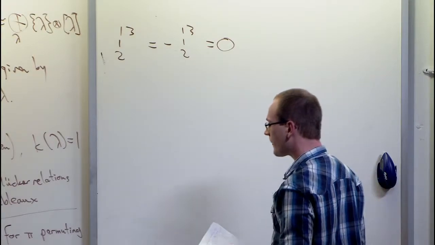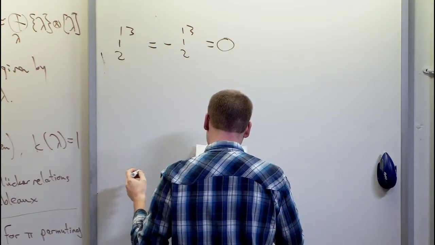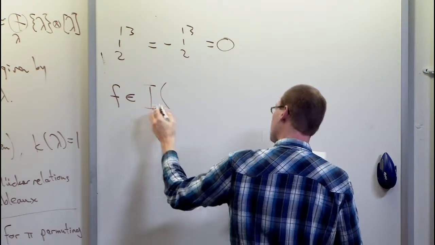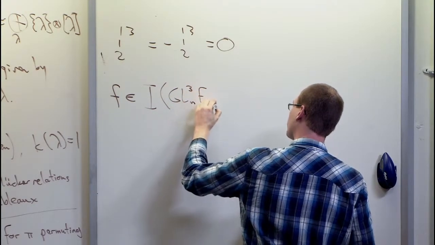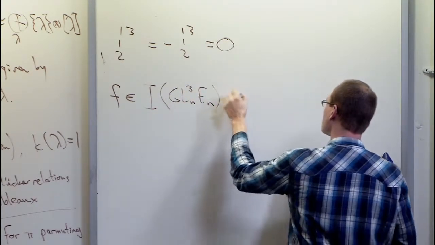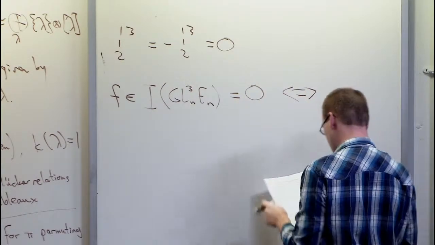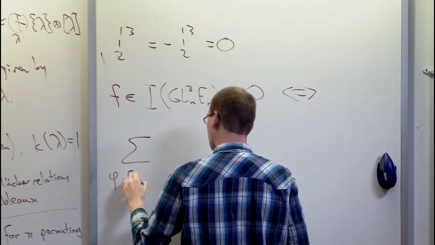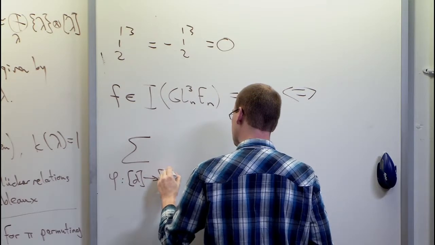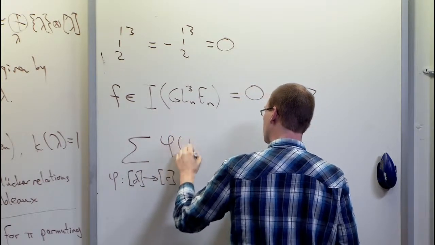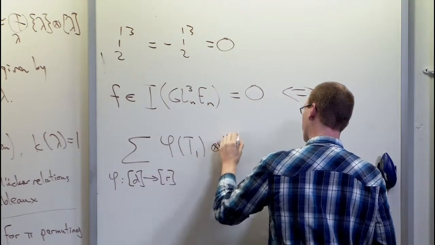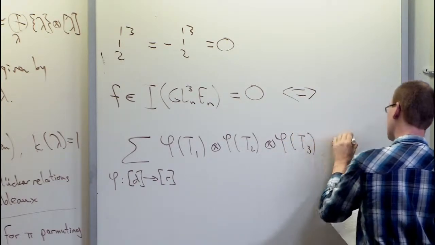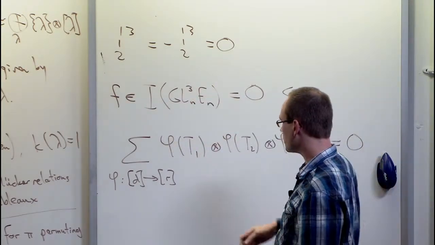So it's 0. And now, the magic is that you can actually evaluate it. So there's a property for when something like this is in the vanishing ideal of the unit tensor. This vanishes if and only if the following vanishes. You take the sum of all phi, those are mappings from the set with D elements to the set with R elements, and you just apply phi to the tableaus. And that's it, basically. And if this vanishes, then this is a thing in the vanishing ideal. This is the only thing that you need.